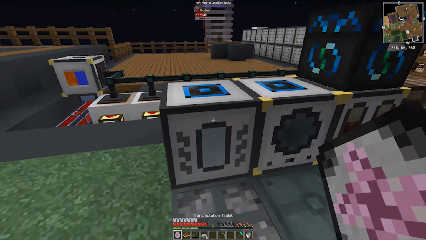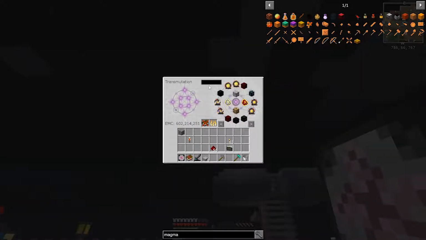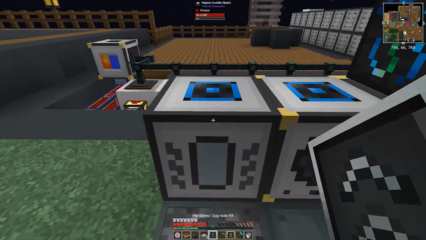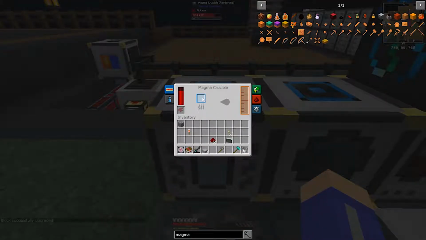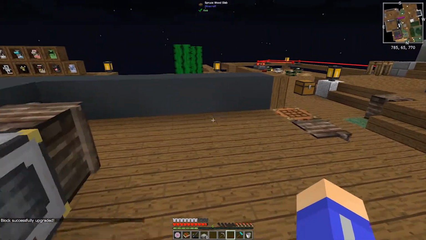I made a magma crucible and I want to upgrade it, so let's do this. What's the other one called? Reinforced hardened. Let's do the hardened version. I don't know if this is going to matter. Might just process stuff better. So the reason I need this is I need to make